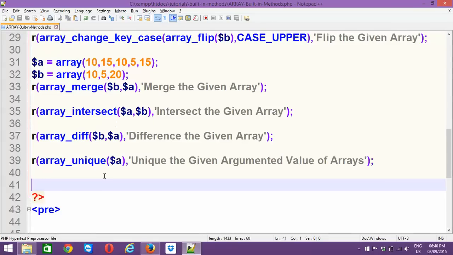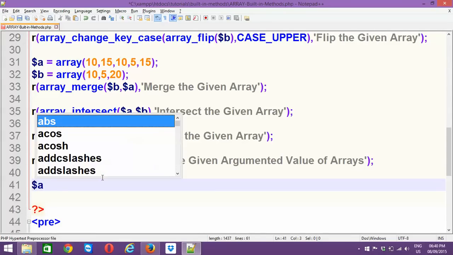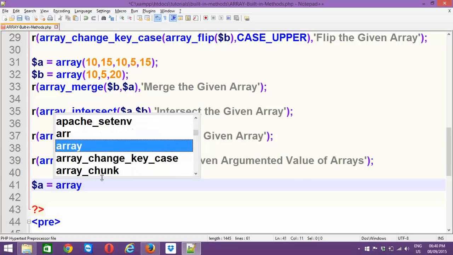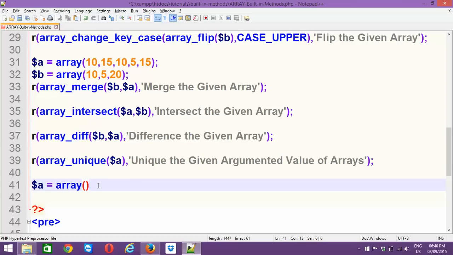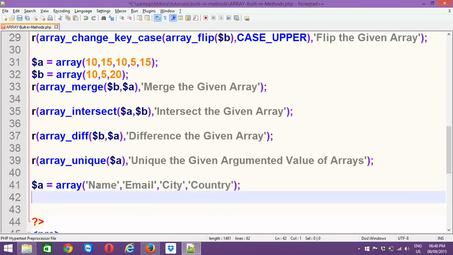What exactly will combine do? For this I'm going to take two arrays. We have $A is equal to array, and this array has got some values. Let's say name, email, city, country. So these are values actually, these are not an associative array. Anything passed with commas as values is considered a numbered array, and their respective indexes are 0,